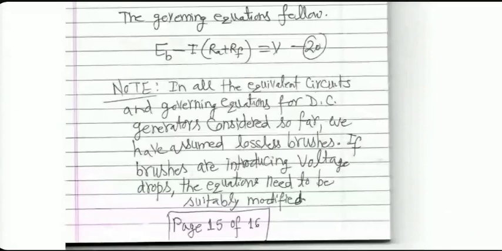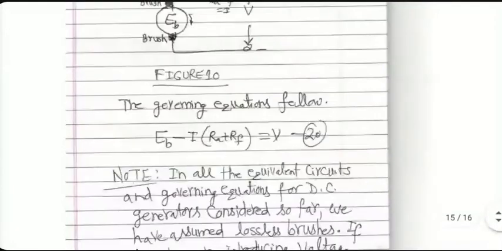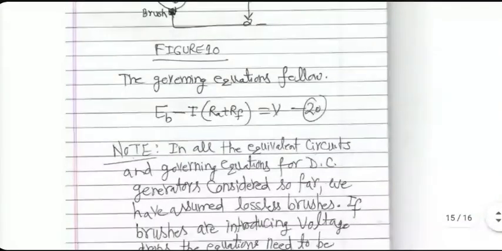And another complication is that brushes also have their own resistances, which I have been ignoring so far. Generally, instead of putting equivalent resistances for brushes, we have a practically measured value of how much voltage is being lost by each brush. So we have to account for that if you are given that value. If you are not given, just forget it.